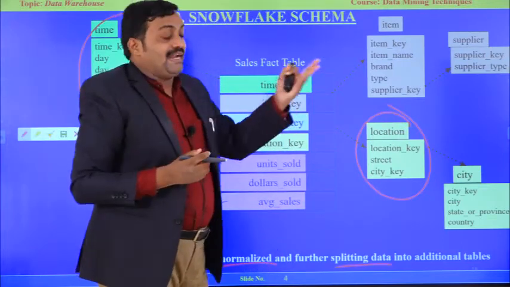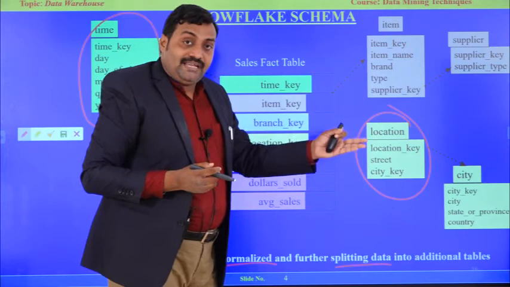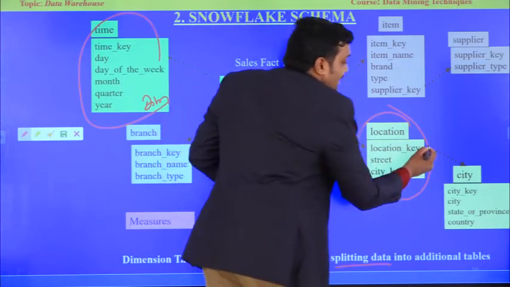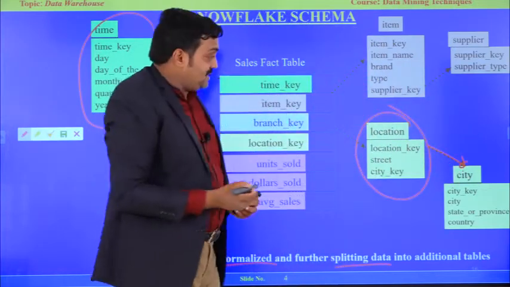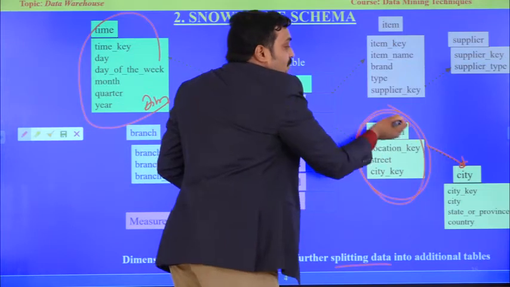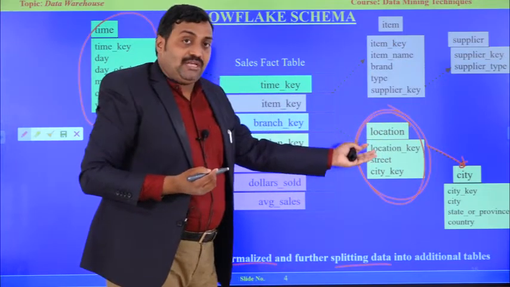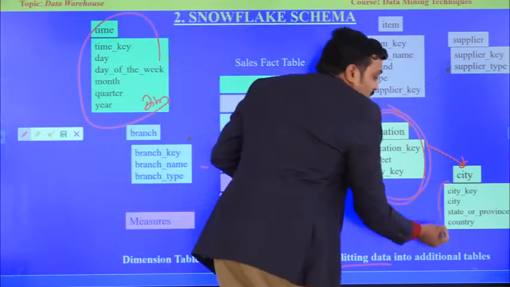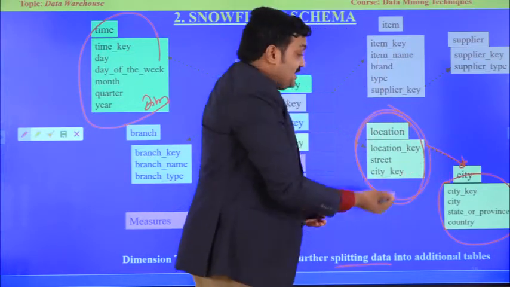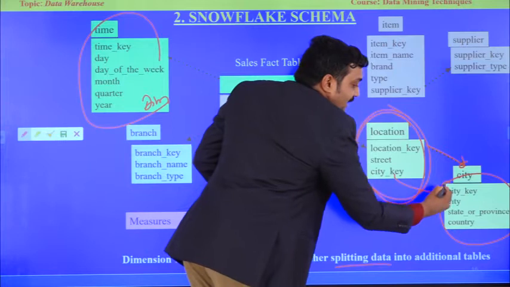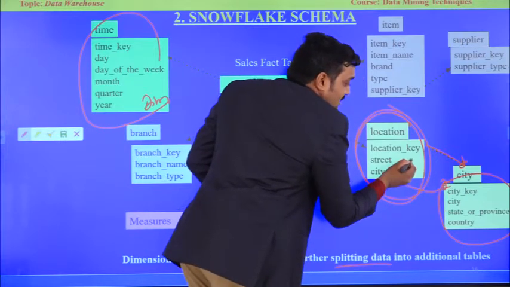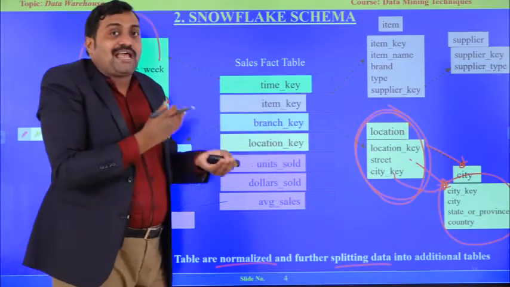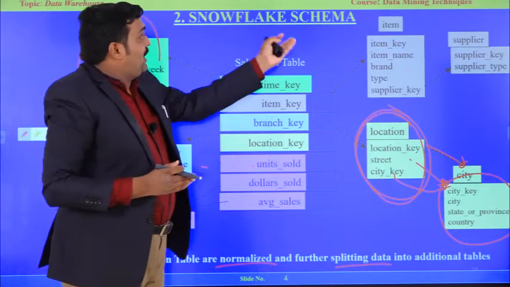See the example here, location, a simple example. Location is nothing but country, state, city, street. What I am going to do is separate state wise or city wise. That means in the location table, I am going to maintain only the country and state location. And for the remaining part, I am going to create another table to normalize and minimize, a city table. In the city table, I have the key. That means this table will act as a master table for the city. So to make faster access, we go with the snowflake schema.